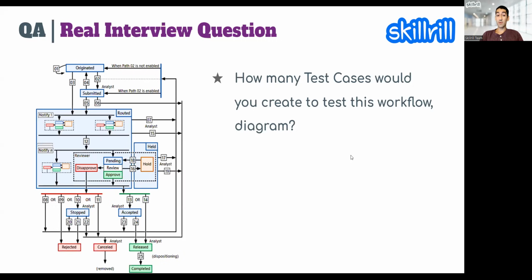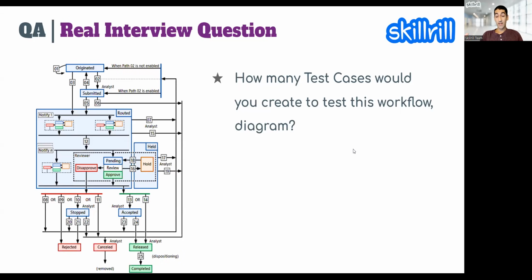Is this a new application that is being created from scratch? Or it's an existing application and some part of it is actually changing. Maybe there's like a before and after model here. And is this the latest version of this document or of this picture? Maybe it's outdated, whatever you're giving me. So there are so many missing parts, so much missing information before you can actually start designing your test cases, let alone the number of test cases. The number of test cases is the last thing that should concern any QA team.